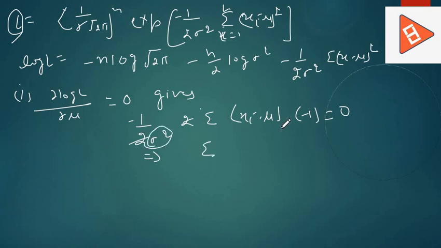Because sigma square cannot be 0, this term can be equal to 0. So we will take summation (xi minus mu) equal to 0,